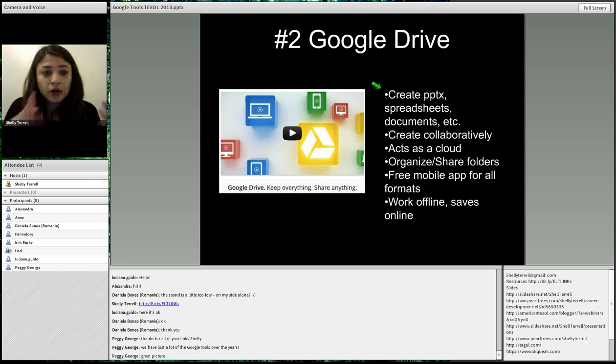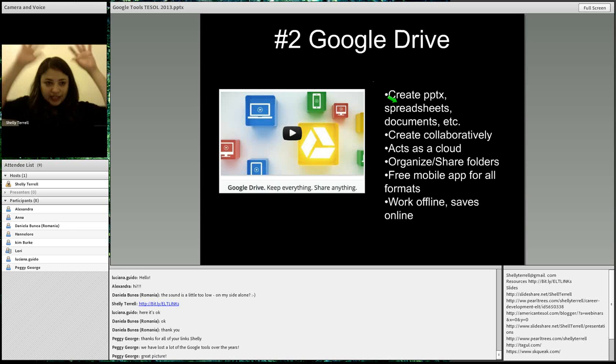They're going to do work on the computers at the lab at your school, and then they're going to go home. Wouldn't it be really great if they could work on the same document that they had at school? They can with Google Apps. So Google Drive allows for this. It saves things in this imaginary internet cloud. There's all this information saved in cyberspace, lots of gigabytes. So it's not on your computer, which is great.